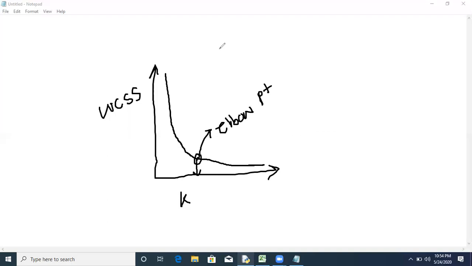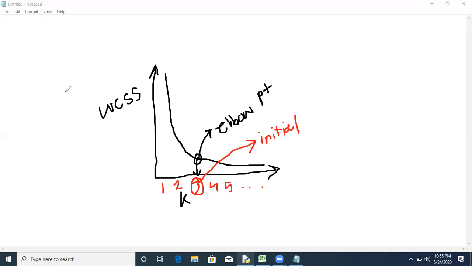Suppose this is the K value, the number of clusters are 1, then 2, then 3, 4, 5, and so on. This K value will be treated as the initial number of clusters. So the initial centroids you have to consider are 3 in this case. In some data you may get the initial value of K as 3, somewhere you may get K as 5, somewhere you may get K as 10 also. So it depends on your data.